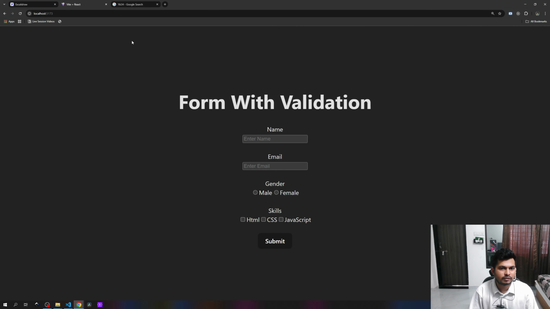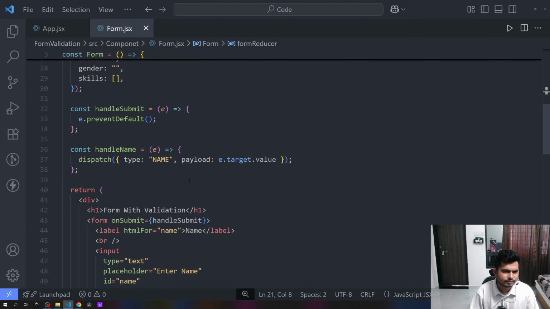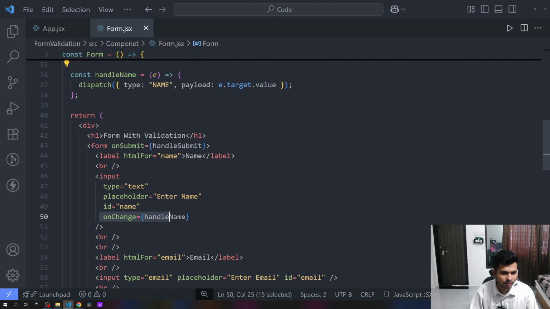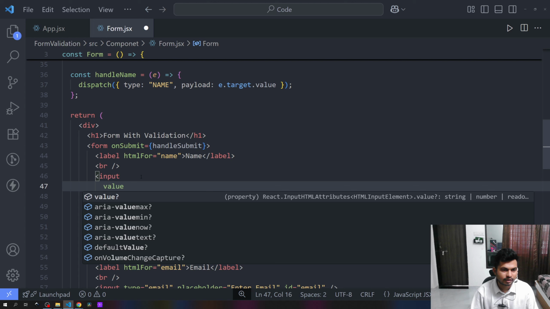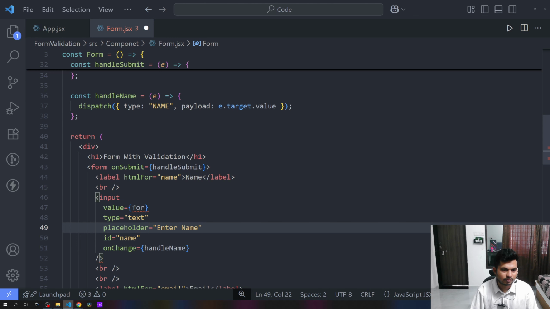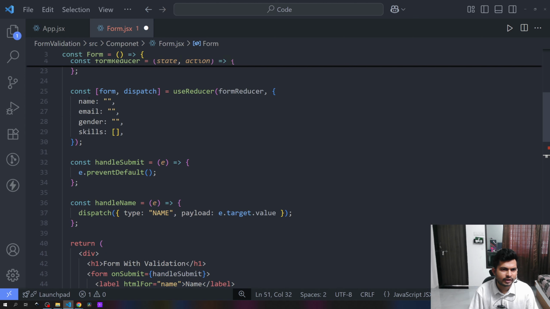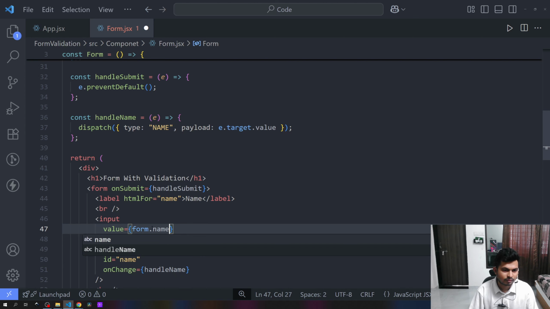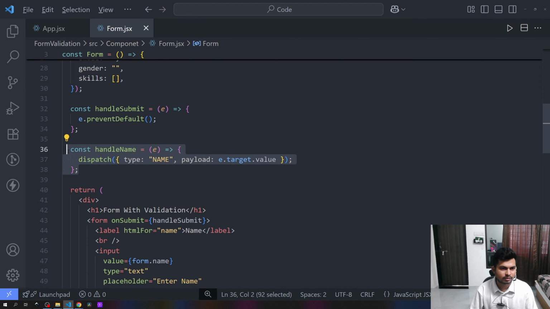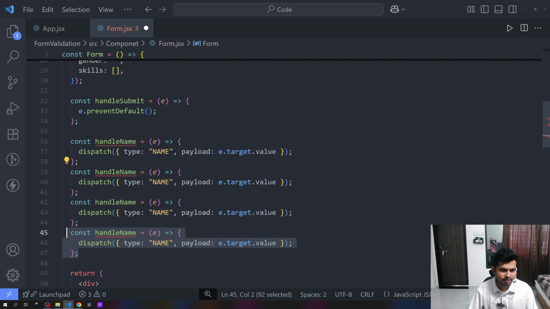Okay, how much time do we have? 16 minutes. Okay, we have to use... So here the problem is that we haven't used a controlled component because we use only onChange. If we use value here, then it will bind with that state and it is called a controlled component. form.name, this name. Then let me create a function for each of name,